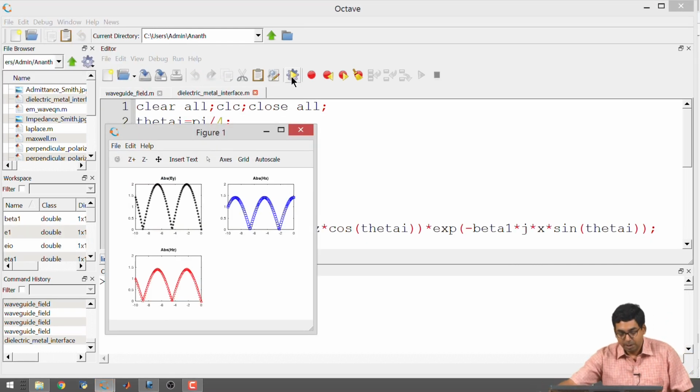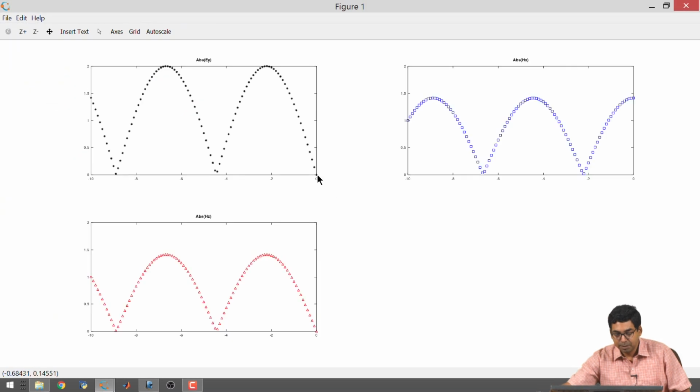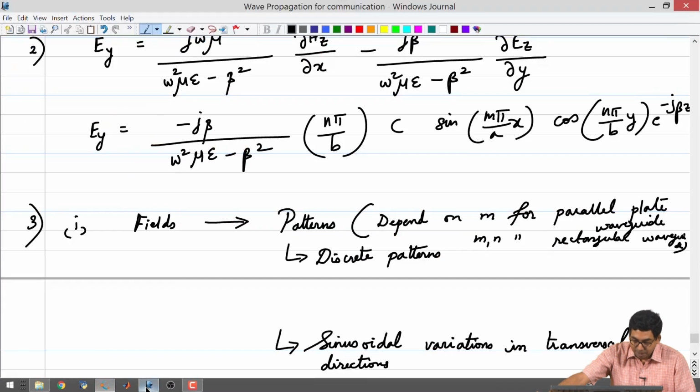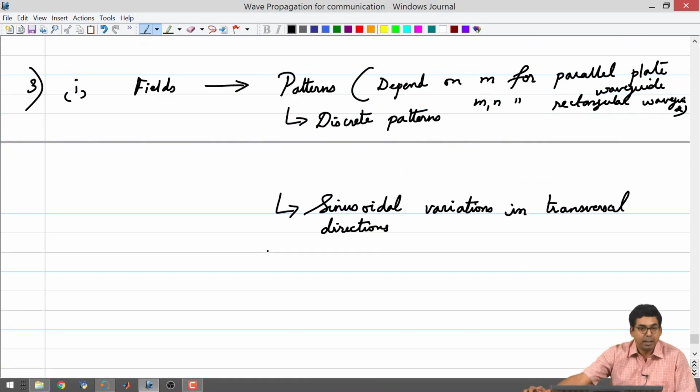All right. So, we also saw that on the interface the electric field is 0. Hz, we have assumed it to be 0 in our case, so it does not matter. But we saw that Hx, which is a component that can be present in our case, is actually maximum. So, you will also notice that the magnetic field is maximum on the interface, and the electric field becomes 0 on the interface, right. So, this is going to be common for both the parallel plate waveguide and the rectangular waveguide.